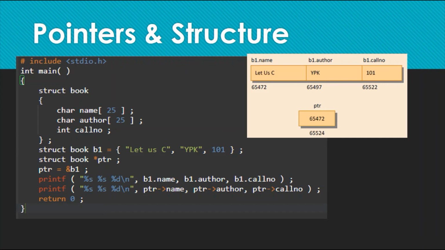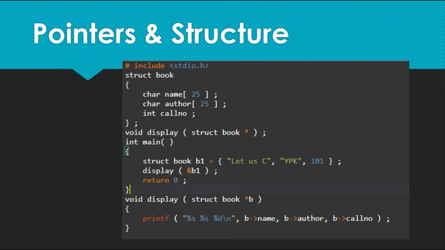So what happened, no? Kung mauhon man gani na kay pointer nga ni point atong structure. So basically kung atong pinakaunang element no ni B1 mo to siya ang i-point ni PTR dire. So as you can see, the first element is 65472. So mo po nang i-point ni PTR dire. And of course, PTR also has its own memory location. Okay,